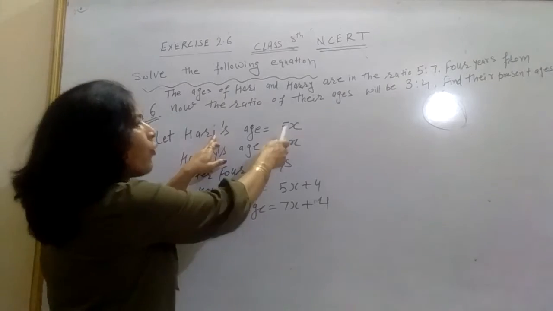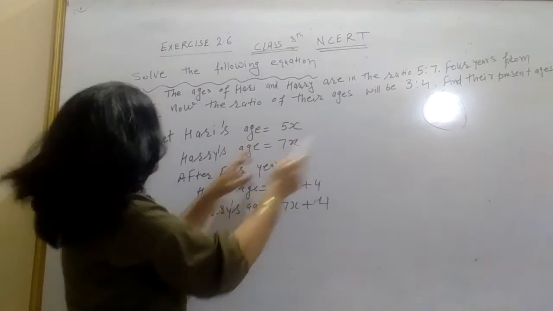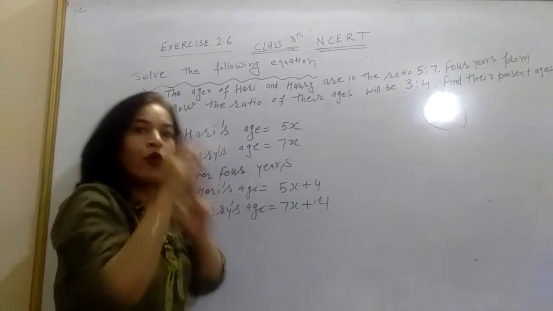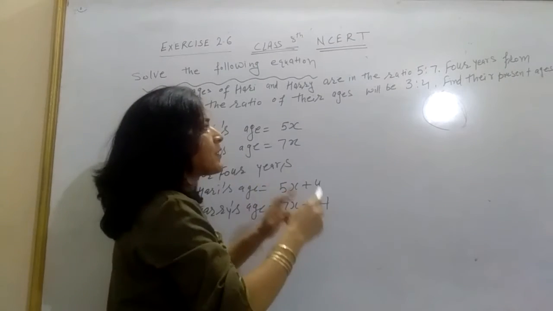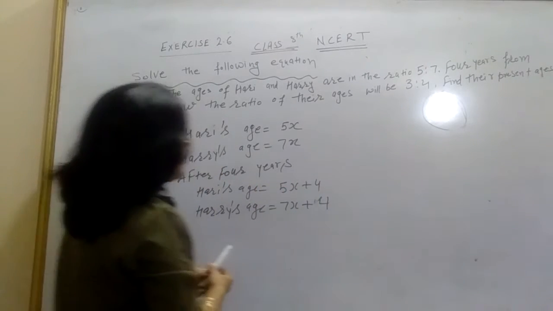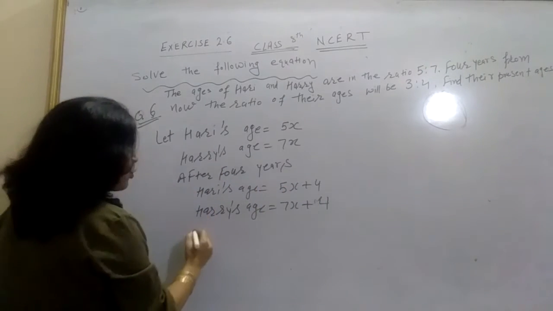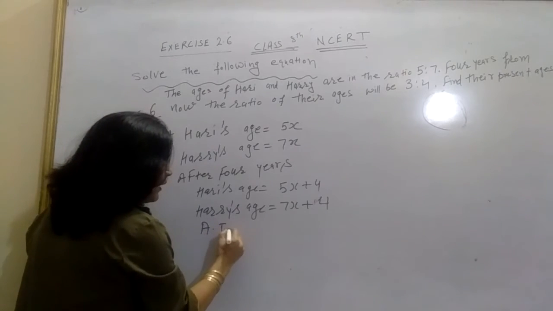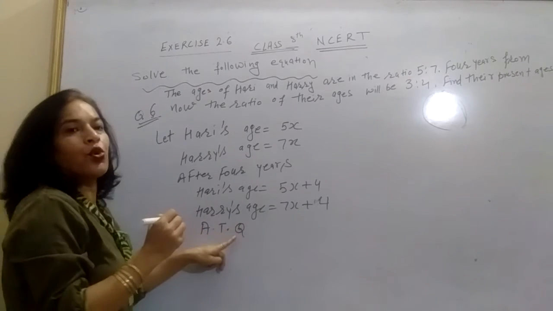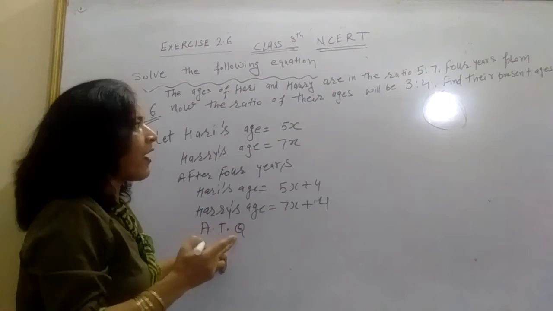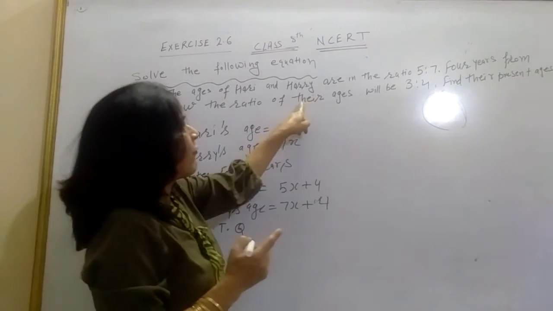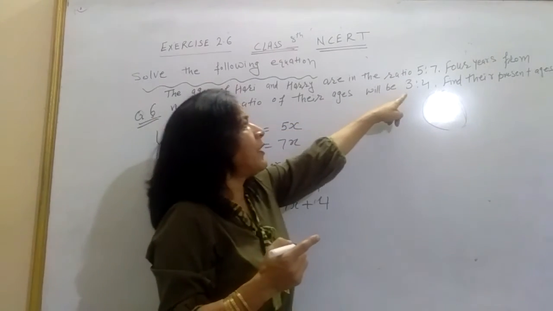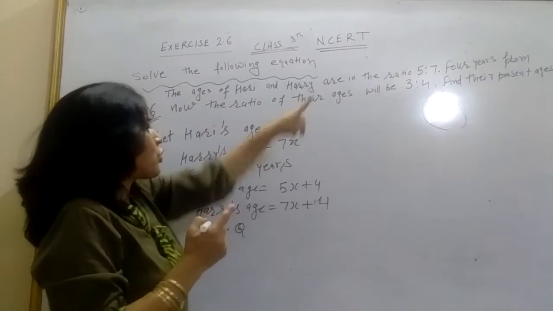Hari's age after 4 years will be 5x plus 4 and Harry's age after 4 years will become 7x plus 4. Now according to question, ATQ, according to question means what is the question saying? According to question, 4 years from now the ratio of their ages